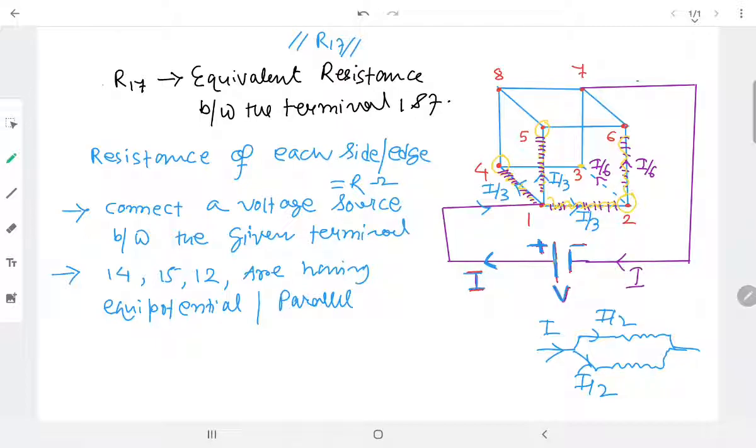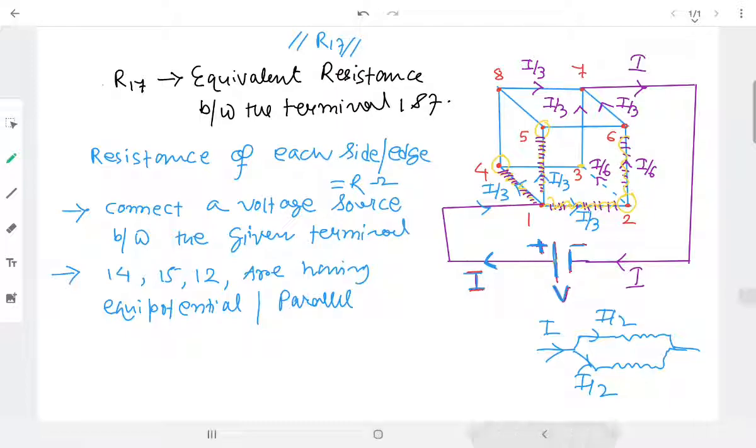That means outgoing current from the point 7 will be I ampere. So this point 7 or corner point 7 is connected to 3 edges. So every edge will definitely give you I by 3 current, I by 3 current and I by 3 current. Then only it becomes I. Because we know by KCL, incoming current is always equal to the outgoing current.